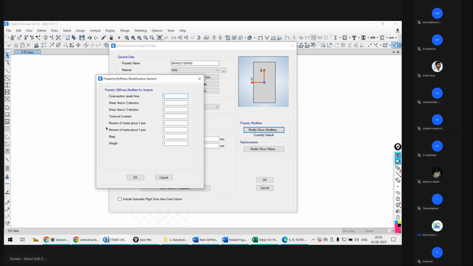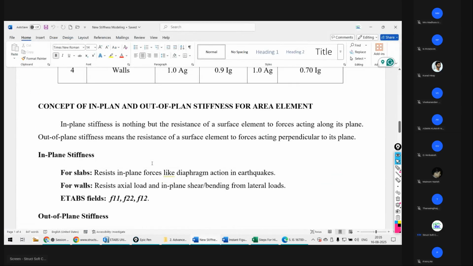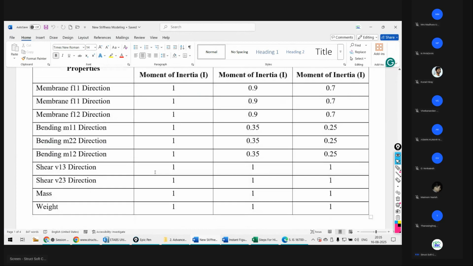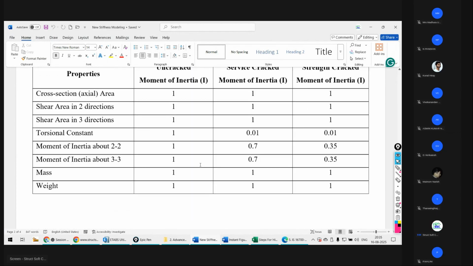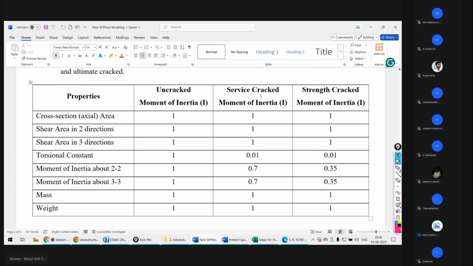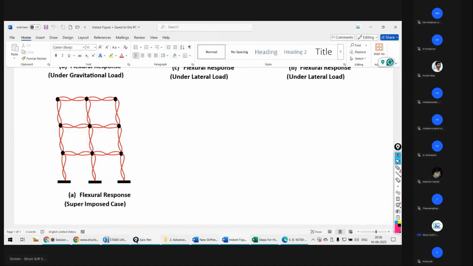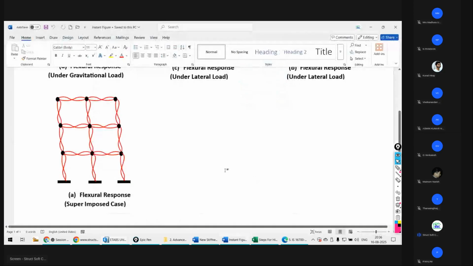In this case, for the moment of inertia, here I have defined it clearly. For the case of beam, for the service cracked 111, for the torsion we are releasing, we are considering secondary torsion. That's why in ETABS it should be defined as for the torsion 0.001, and moment of inertia for the beam,